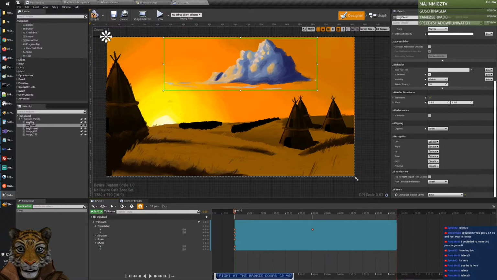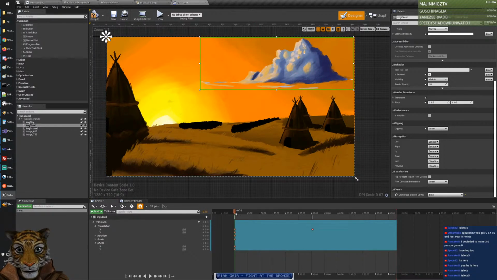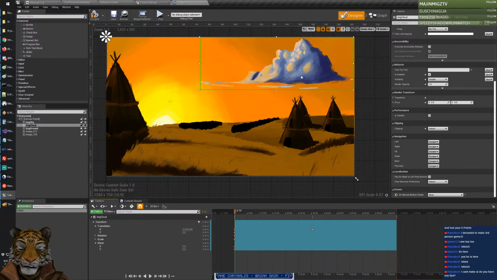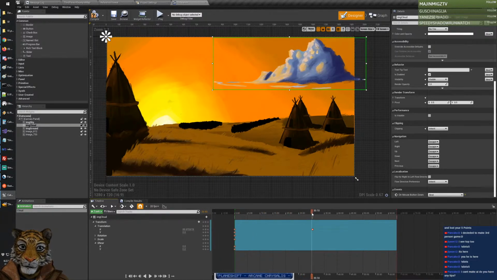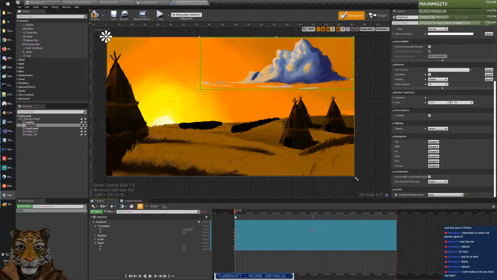Does it keep the relative position? So like if I'm moving the cloud here and then I'm doing the animation again, yes, it keeps the relative position. It keeps the relative position. But can I see the graph of this with